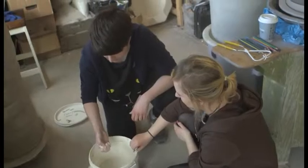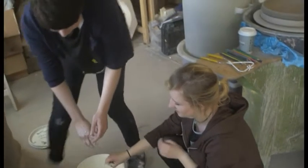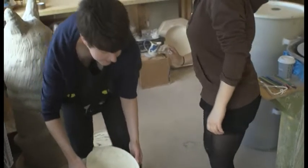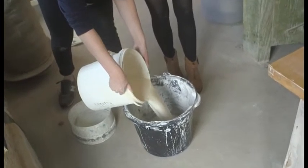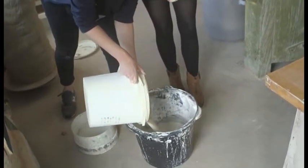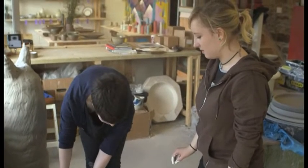So what we're going to do is smooth out the clear glaze. We're going to sieve it. And do you always have to mix that by hand? It's good to mix it up by hand at the beginning because it's so thick. It quickens it all up a little bit. So just pour that out. I'm going to stick the sieve in here like that. And then if you want to pour...